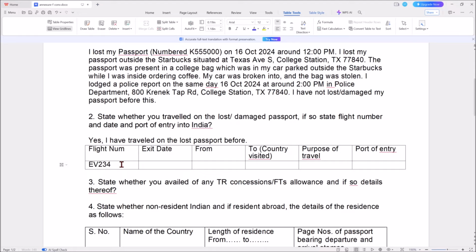EV234, let us assume that this is the flight number, and assume that you have traveled only one time using the passport outside India and you have come to United States, and in United States you have lost your passport. So this is what I am assuming to make this scenario realistic. Let us assume that your exit date was 9 September